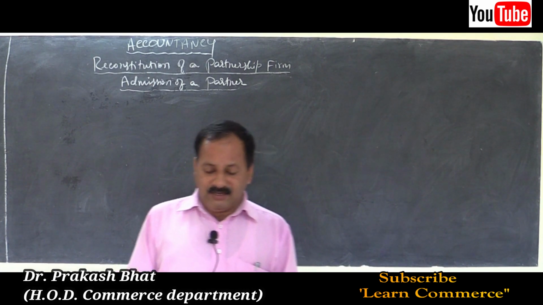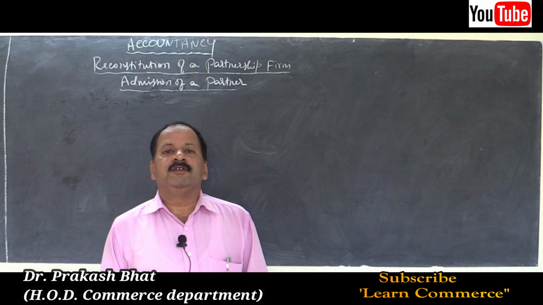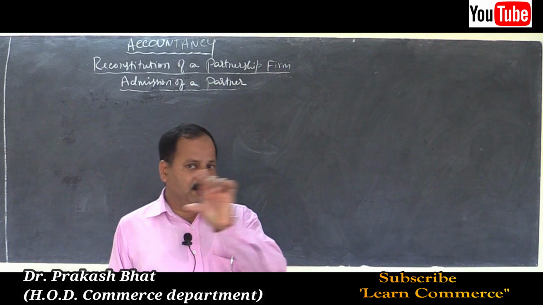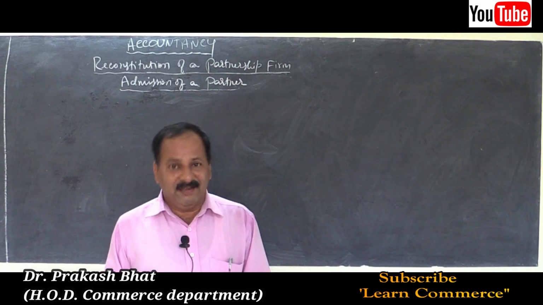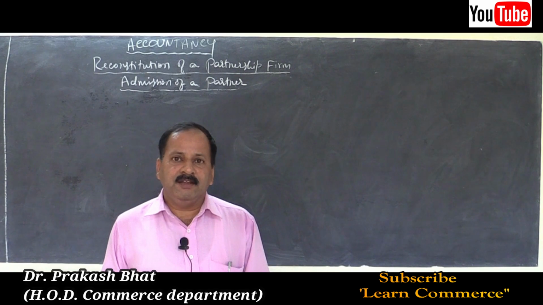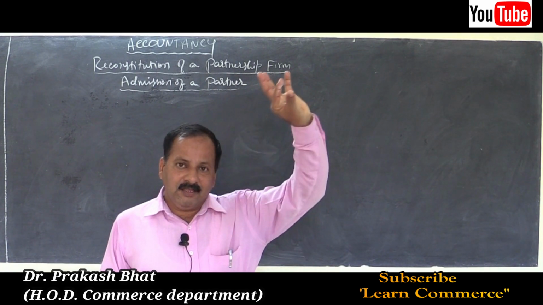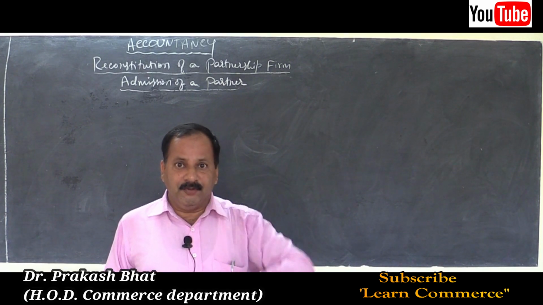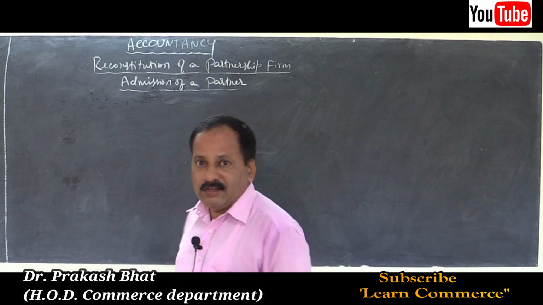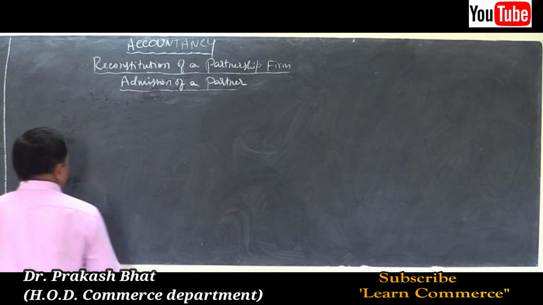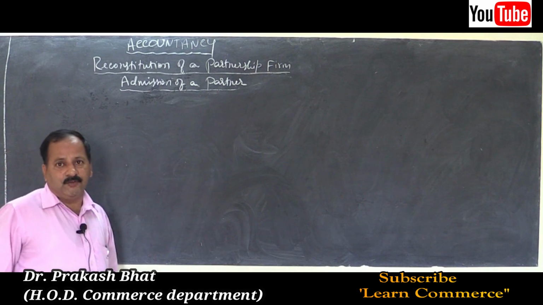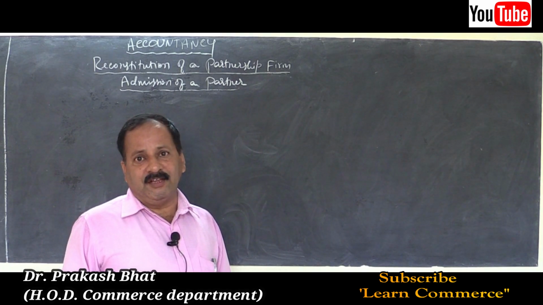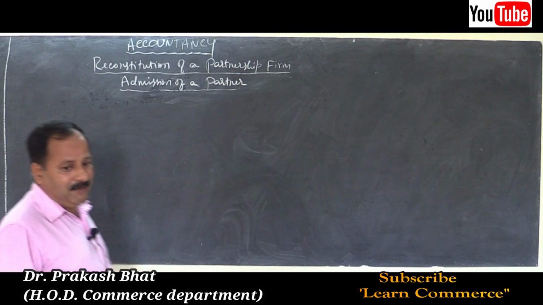In the same way, you have to take the new partner's share as the base, then deduct it from the whole share, 1 minus 1/4, then distribute the remaining share in the ratio of their old share. In the old ratio, it should be distributed. So let us solve the problem. Calculation of new profit sharing ratios of A, B, C and D.